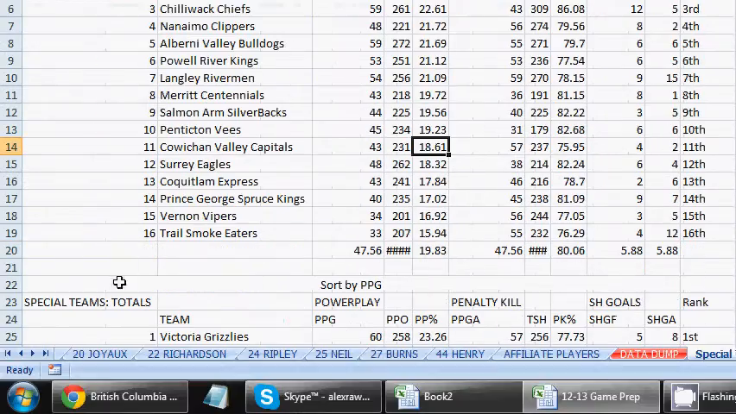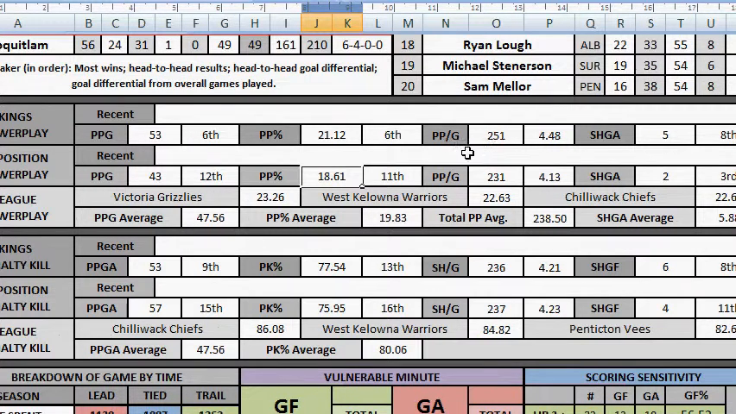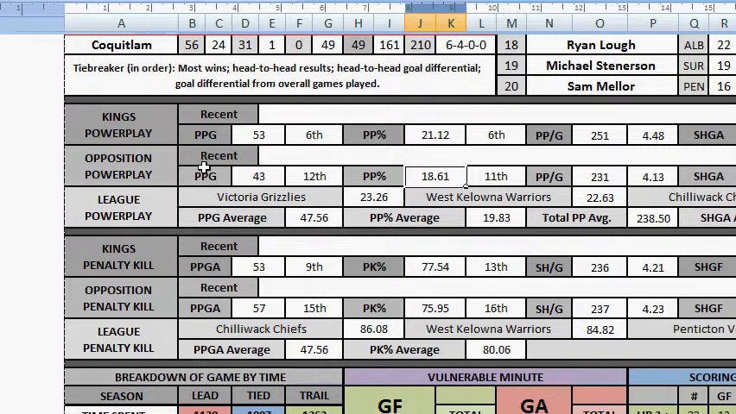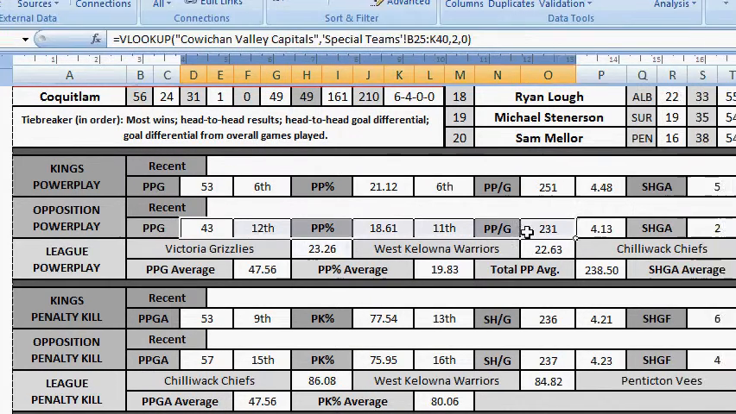So we showed you at the beginning of the video this page here, and this basically shows the power play and penalty kill statistics for both teams, both the Kings and our opposition on any given night. I mentioned off the top of the video that the last opposition that we faced were the Cowichan Valley Capitals in the regular season, and you can see all the way along here it's referencing the Cowichan Valley Capitals up the top. So if I wanted to change that, let's say we were playing the Surrey Eagles next,